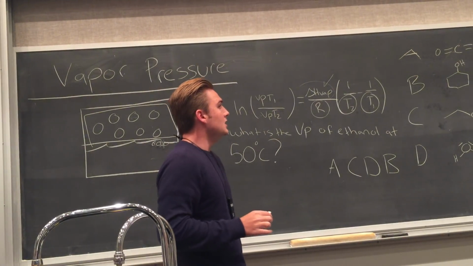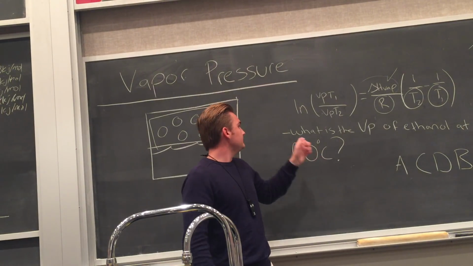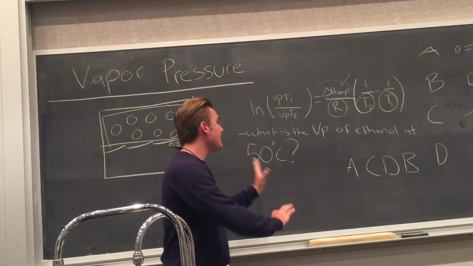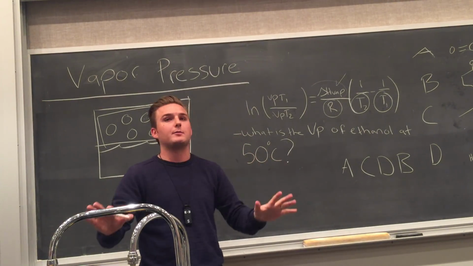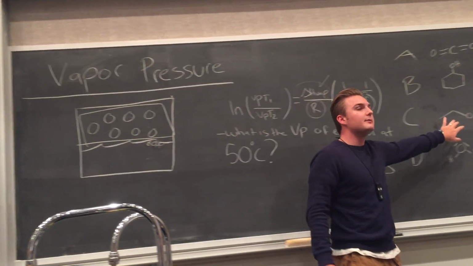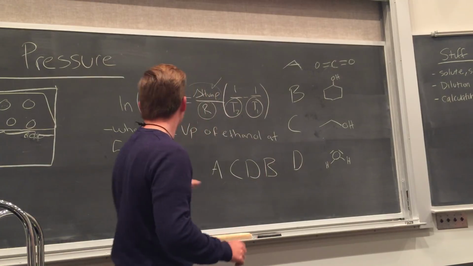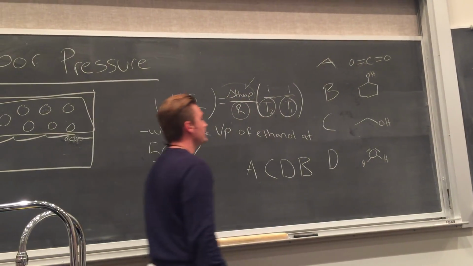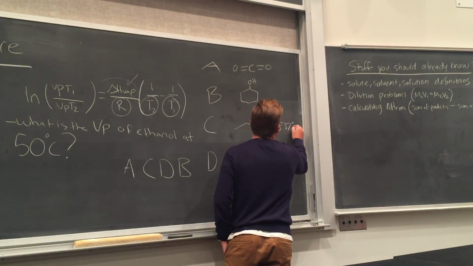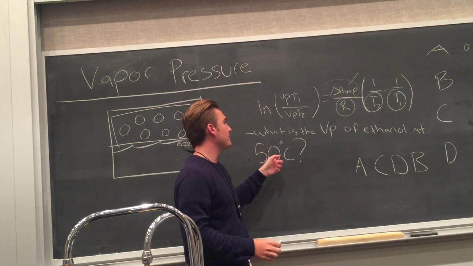All right. So look at this really quick. If I was solving a problem, what is the vapor pressure of ethanol at 50 degrees, right? With the information that's given here, I couldn't solve the problem yet. I don't have enough things. But if I told you what the boiling point of ethanol was, you'd have enough information immediately to solve for what the vapor pressure is at a different temperature. So if I told you that the boiling point was 78.37 degrees Celsius, you immediately have enough information to solve what the vapor pressure of ethanol is